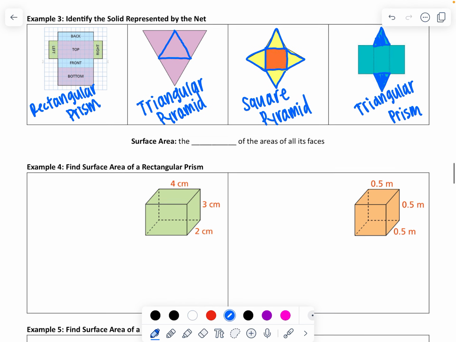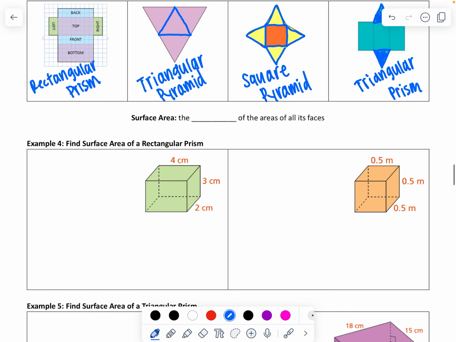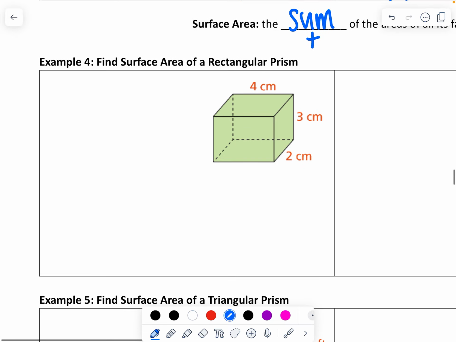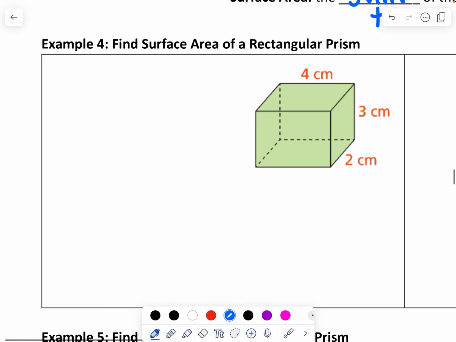So now we're going to go into actually solving some problems. So surface area is the sum of the areas of all of its faces. So remember, sum means add. So we got to find the area of all 6 faces, or however many there are, and then add them together. So on this first example, remember, if you have a rectangular prism like this, we have the front and